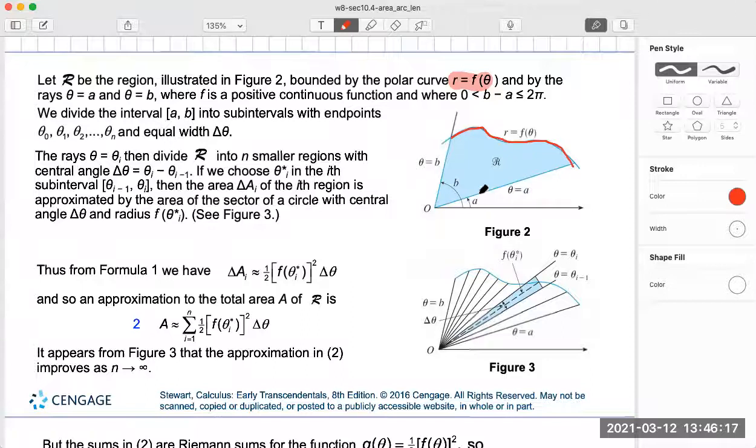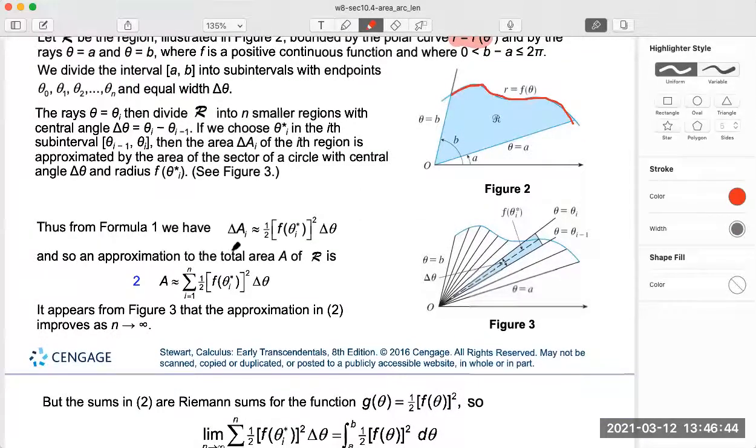Imagine it's like a windshield blade. It's here, right? The length of the radius is this guy. If you rotate this line, the angle theta, it will cover the whole area here. Okay? So it makes sense